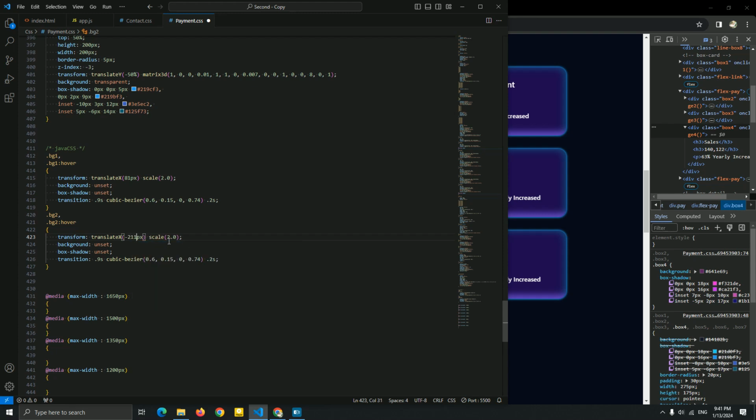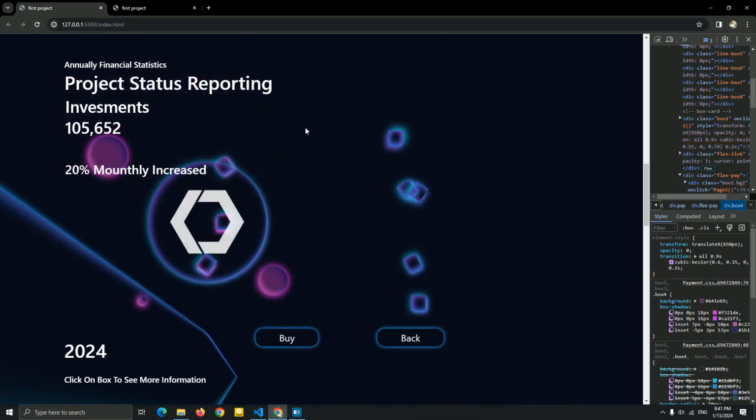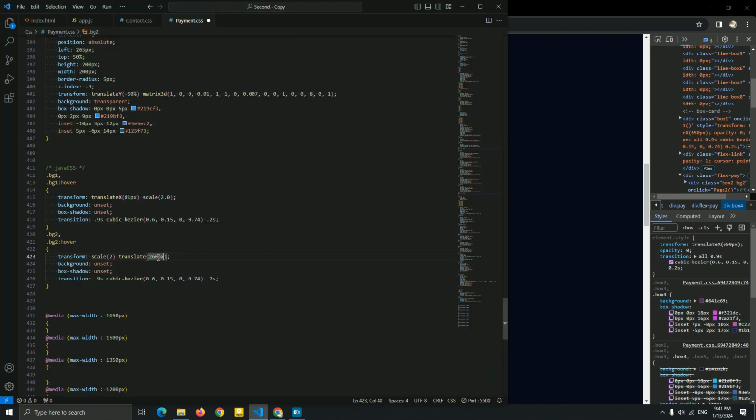I'm gonna add this scale. Now let me see it, the BG hover 2. And for the top, I'm gonna add this 100 pixel.